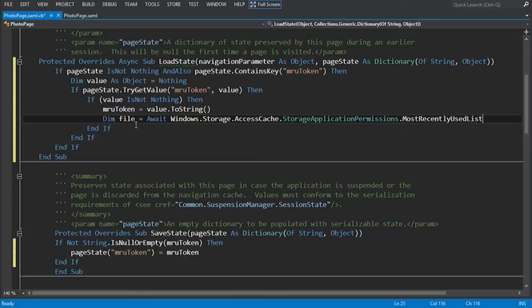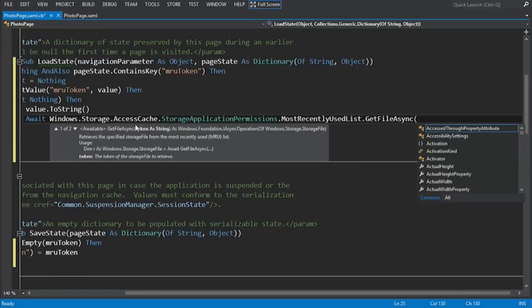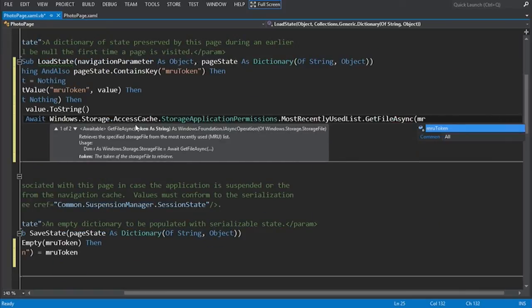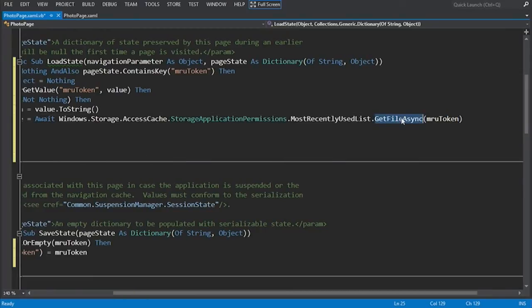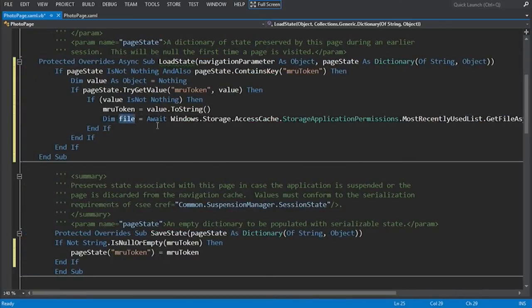And last time, you remember, we added a file. This time we're going to call getFileAsync, and this is expecting a token, so I'm going to pass in our MRU token. So by calling getFileAsync and passing in our most recently used token, this is going to return a storage file for us